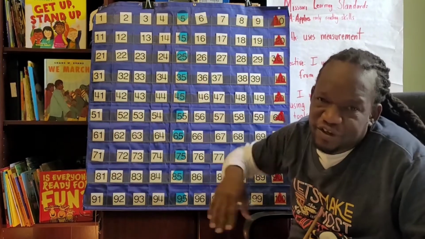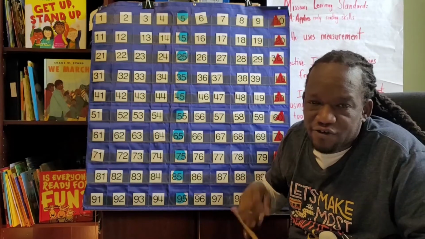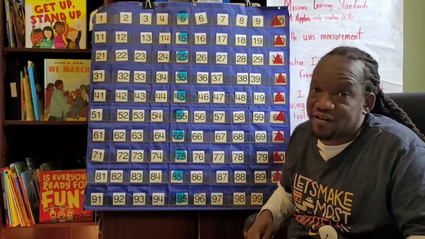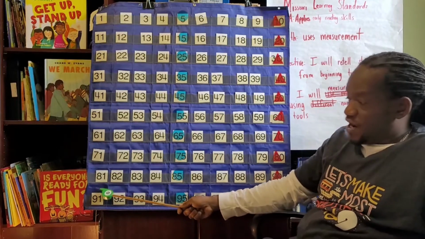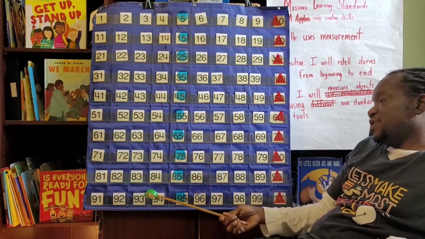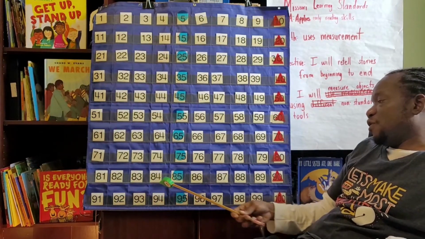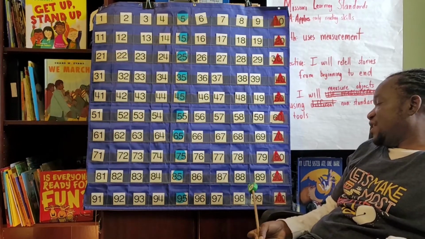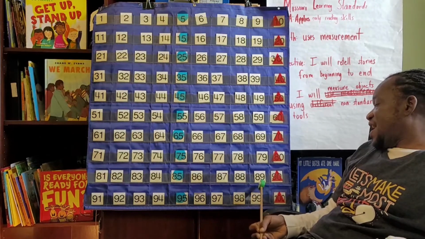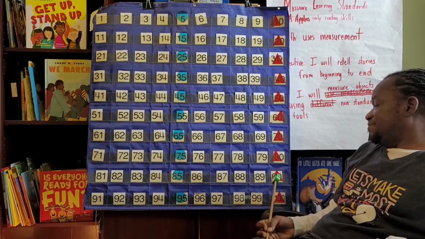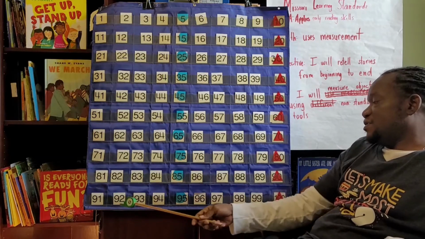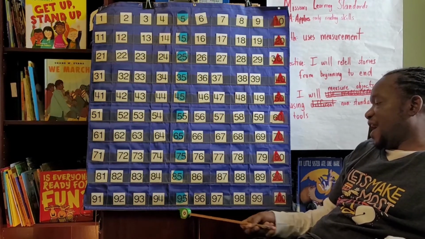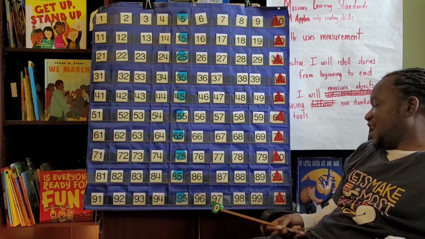We're not going to do the whole thing. We're going to start at 81. All right? You remember 81, then what comes next? 82. All right? You ready? Here we go. 81, 82, 83, 84, 85, 86, 87, 88, 89, 90, 91, 92, 93, 94, 95, 96, 97,